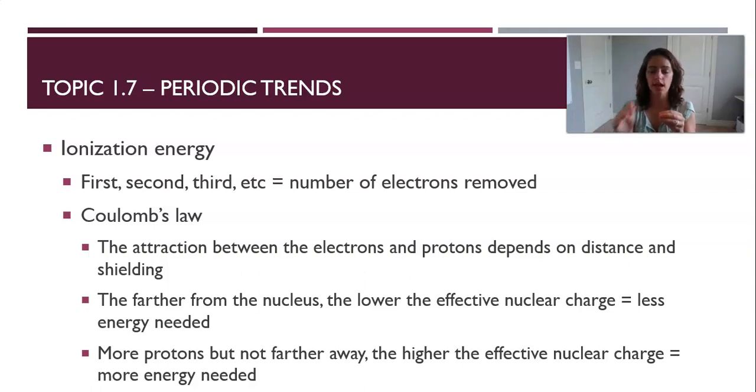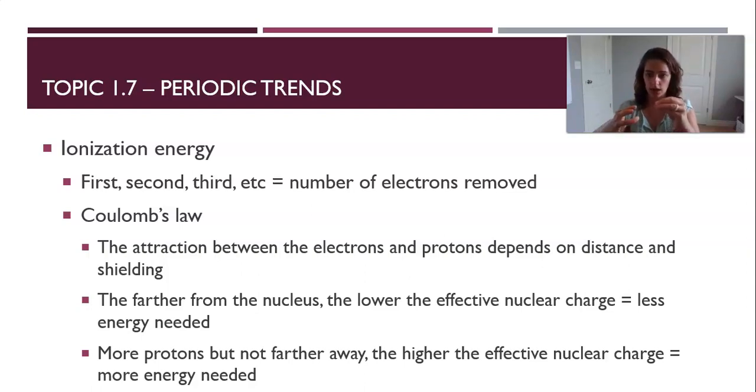So trends: as you move from left to right, your ionization energy goes up because your nucleus is holding on more tightly. You've got a greater effective nuclear charge. Therefore, it's going to take more energy to remove an electron. As you move down a column, from the top to the bottom, you're